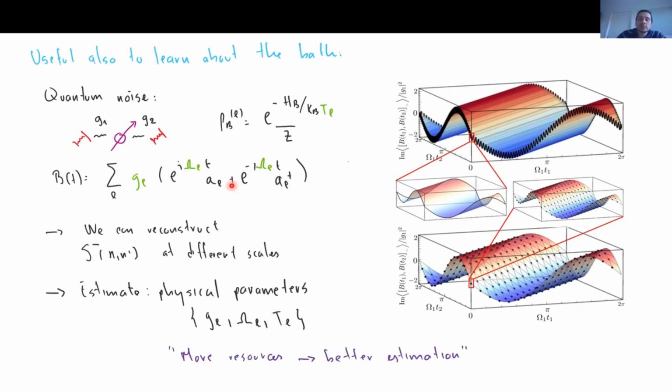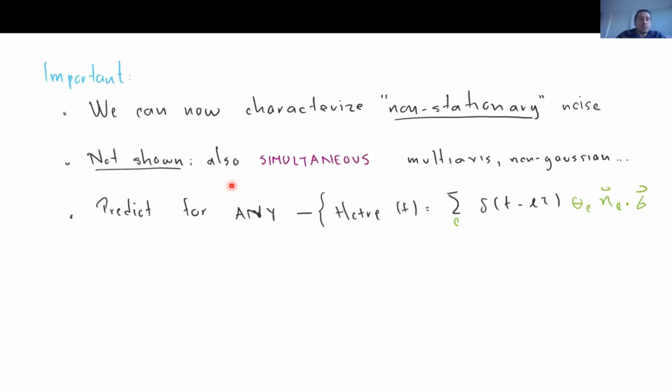Okay. And clearly, of course, the more resources you invest, the better the estimation of the parameters. But this is perhaps a bit of a side note at this point. So the important thing is that we can now characterize non-stationary noise, for instance. Something that is also not shown here is that we can extend the protocols that we have to multi-axis, non-Gaussian noise, and this can be done simultaneously, which is something that we were not able to do